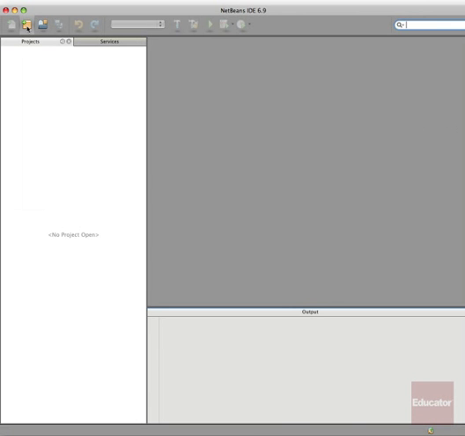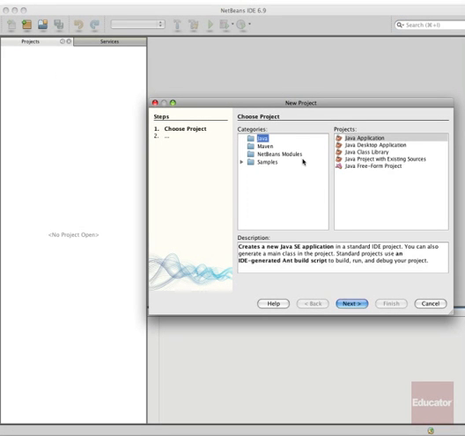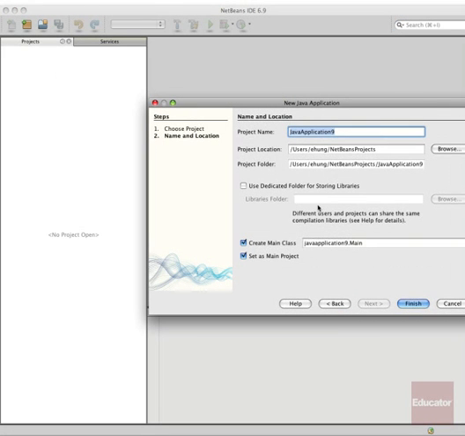Here I'm going to create a new project. We want a Java application to be created. I'll click Next. We're going to call this Calendar for the main class and the project name.